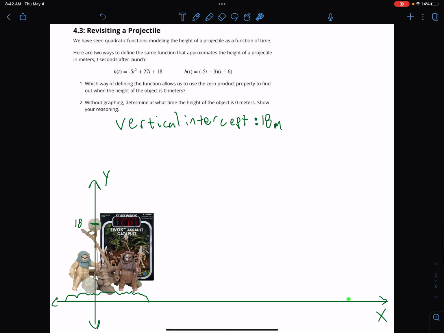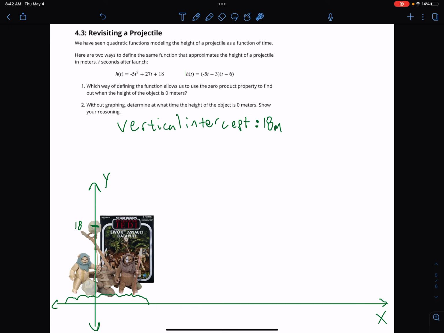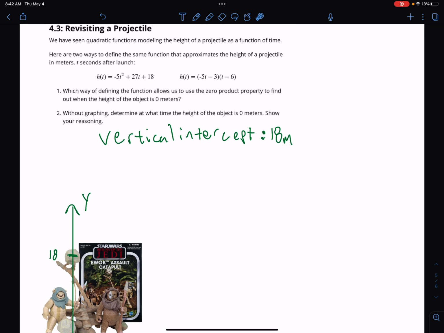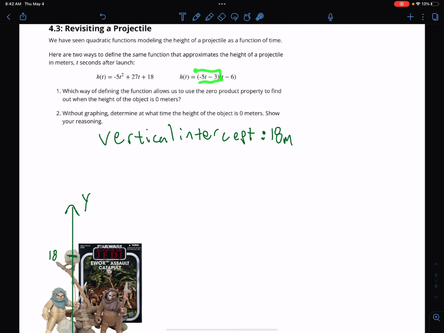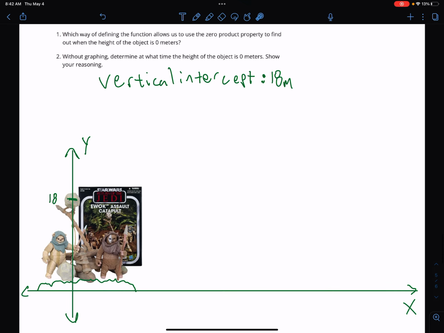Well, the way we find out, see, this is a height as a function of time. So the way to find out when the height is 0, we've got to get this equal to 0 in here. We've got to get that equal to 0 in there. And this one right over here is going to tell us when it hits 0. So I'm looking for my zeros here. The easiest one to me, I see that I'm going to need a fraction right here. So I'm going to go for the easy money first. Look, t minus 6. I know what something minus 6 equals 0. 6 minus 6 would be 0. So if we make x equals 6,